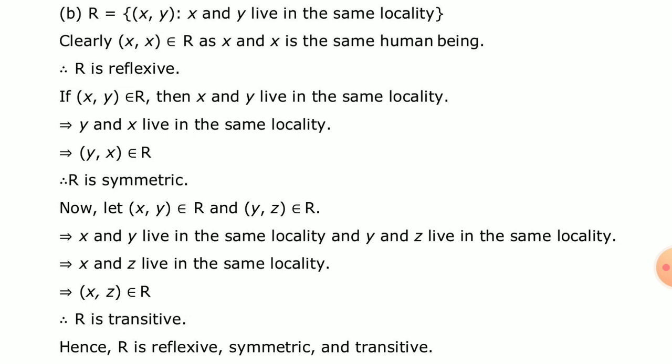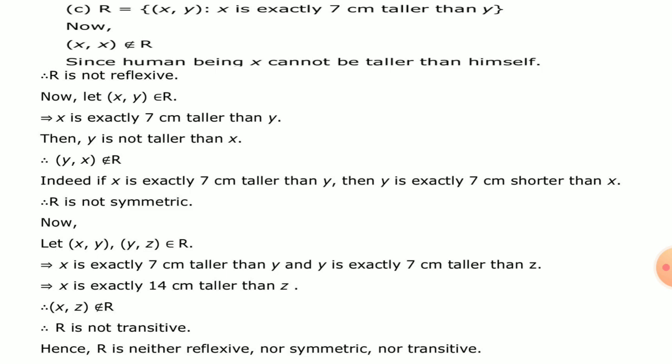So therefore R is a transitive relation. Here R is a reflexive, symmetric and transitive relation. Next, here R is equal to the ordered pair (x, y) where x is exactly